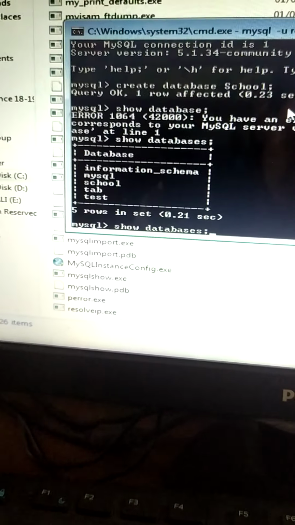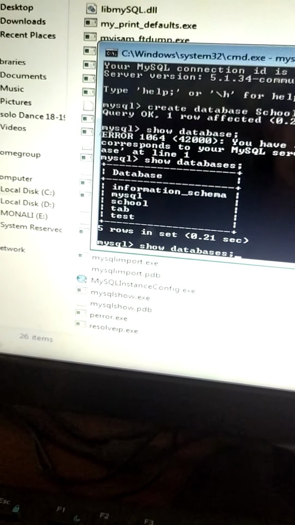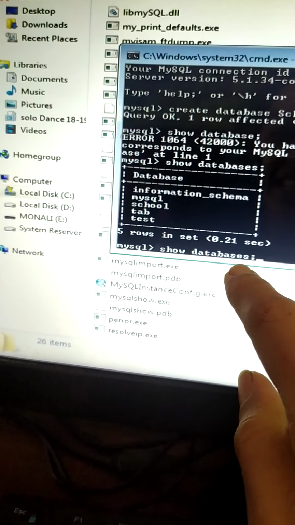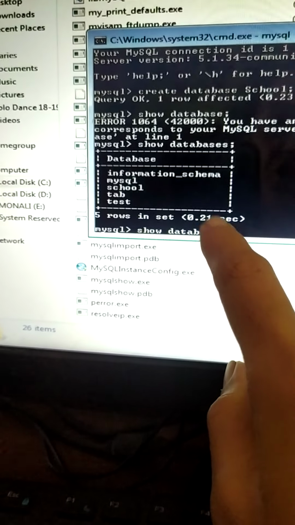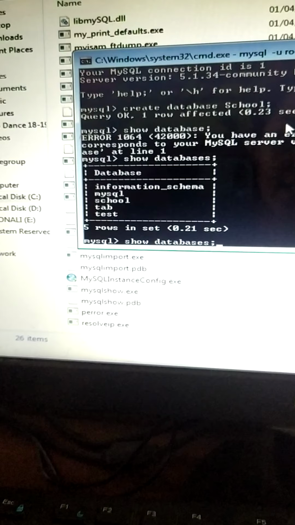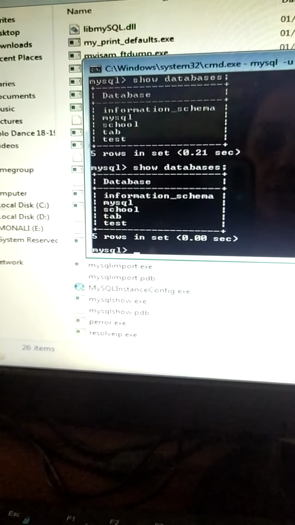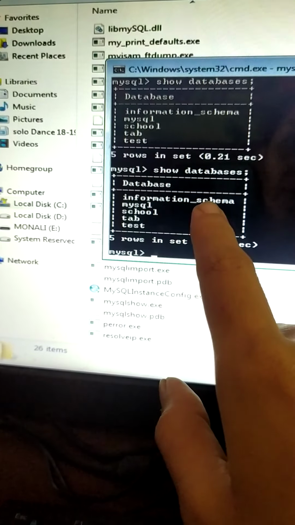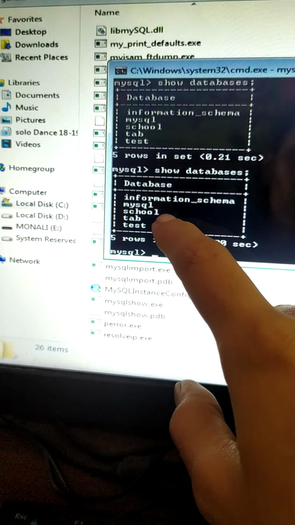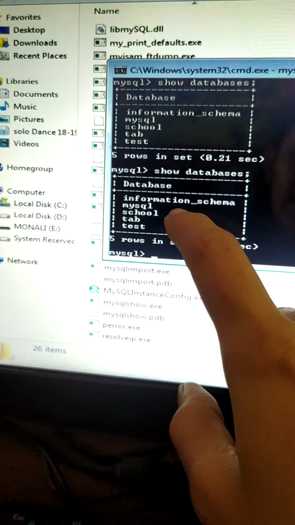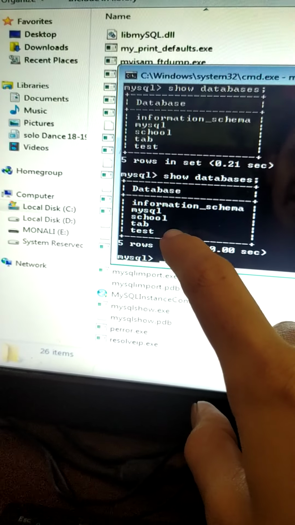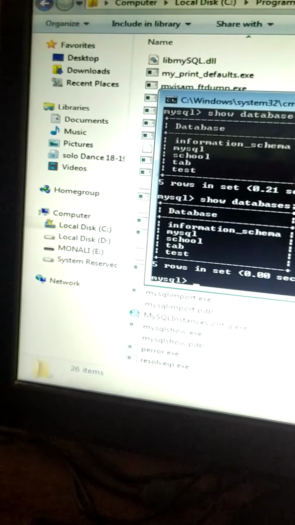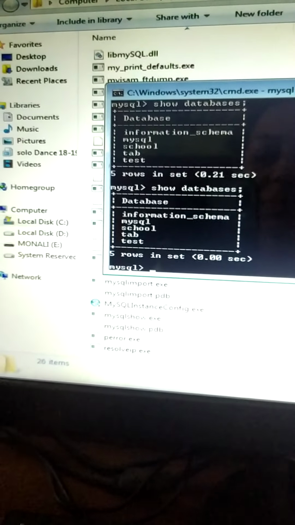So to check all the databases, the command is show databases, and click on enter. So these are the databases. First is information schema, mysql, school that we have created right now, and test. These are the databases in this server. Clear everyone? These are the list of databases.